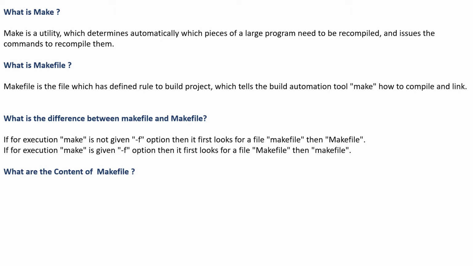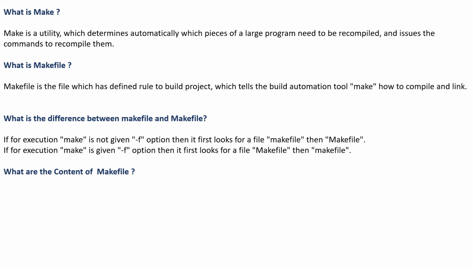Then third, what is the difference between makefile and Makefile? The first starts with a small m and the second starts with a capital M. This is not that important, but you can consider this question important from an interview perspective.